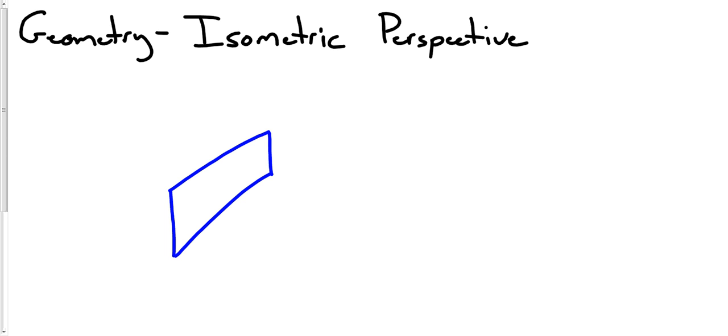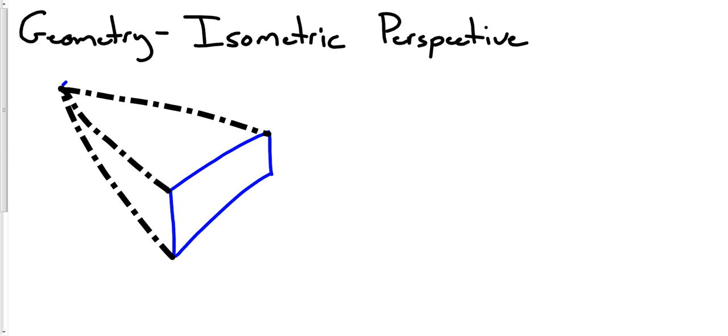The difference with an isometric perspective drawing is that everything that you draw is being drawn to a point off in the distance. So let's say that we choose this point back here to draw all of our lines from in order to give us perspective. And so what would end up happening is that from these 4 points, you're drawing up to this point. Okay? And so what you end up with is a design